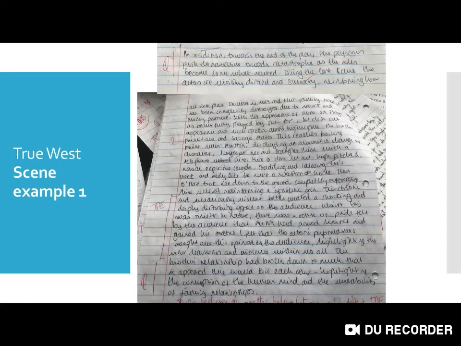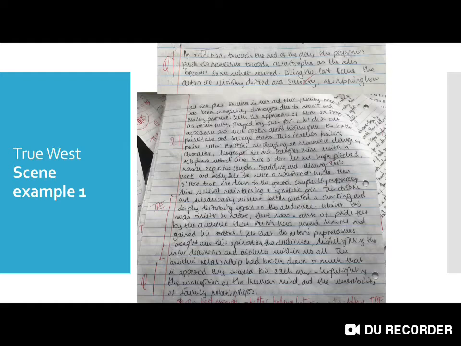In addition, towards the end of the play, the performers push the narrative towards catastrophe as the roles become somewhat reversed. During the last scene, the actors are visibly dirtied and sweaty, reinforcing how all the place structure is lost, and the family relationships have been completely destroyed due to chaotic and money pressures. With the appearance of Mum on stage as beautifully portrayed by the actor, her clear-cut appearance, well-spoken accent, highlights the brothers'